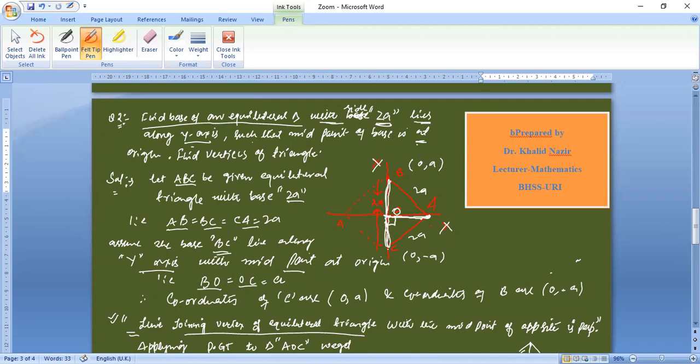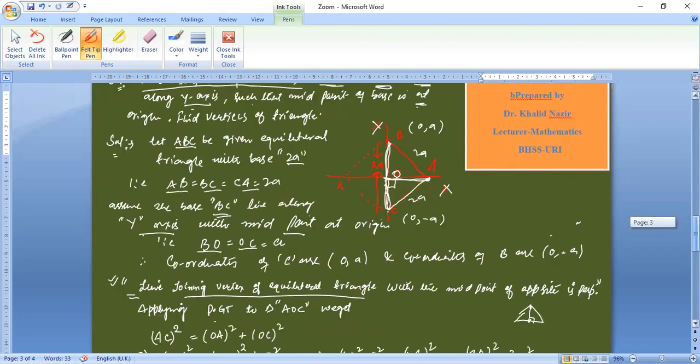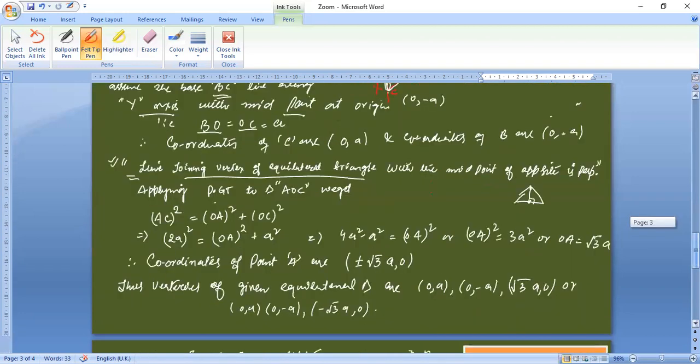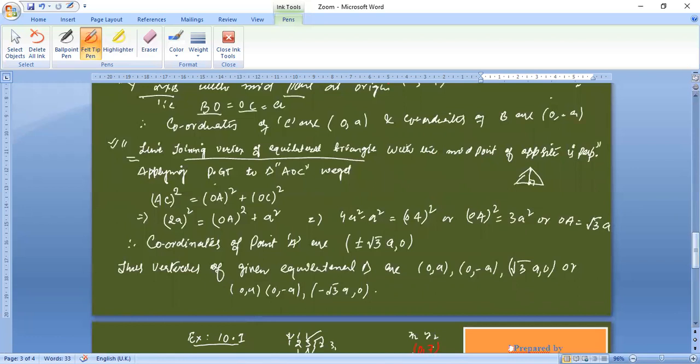Now I will use Pythagoras theorem on this triangle AOC. Hypotenuse square is equal to base square plus the perpendicular square. So hypotenuse square is AC square, equal to OA square plus OC square. This is given to us as 2a square. This is OA square that needs to be calculated. This is a square. Now from this equation we can calculate OA, and OA comes out to be under root 3a. Therefore the coordinates of point A are